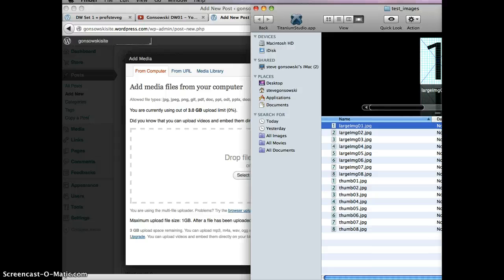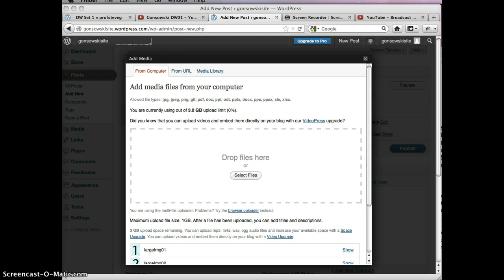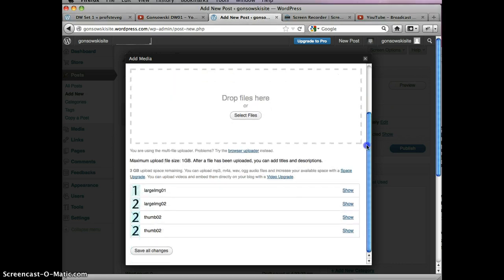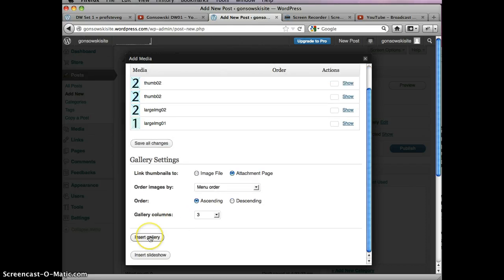So I have another folder opened up over here that has some large test images that I made. So I'll put a couple of those in here, and I'll put a couple of the thumbnails for these in here as well, and we'll see what happens here. So if you scroll down here, you can see that these are the images. I'll click on Save All Images, and then you have a choice of, do you want this to be a gallery or a slideshow? So I'll just click on Insert Gallery here,